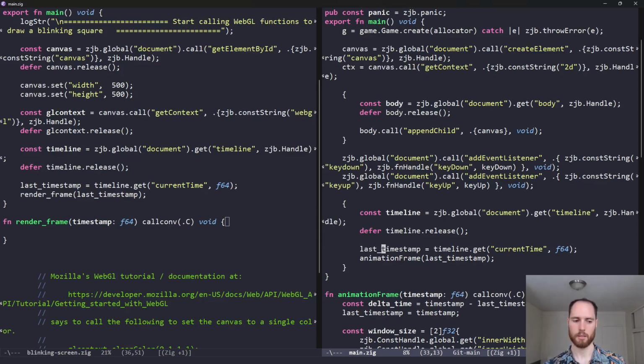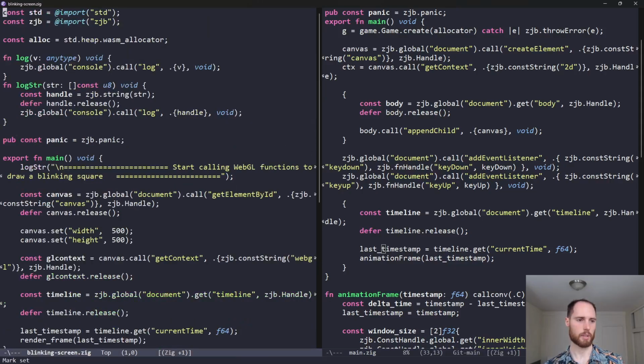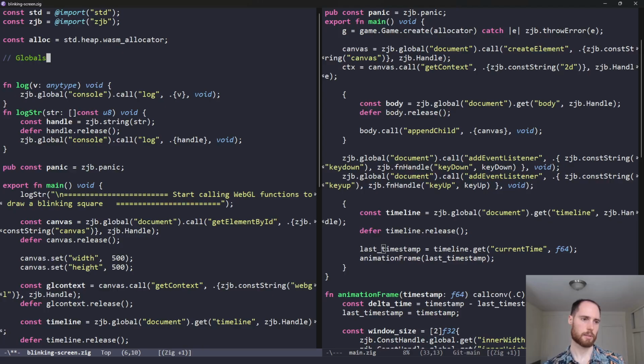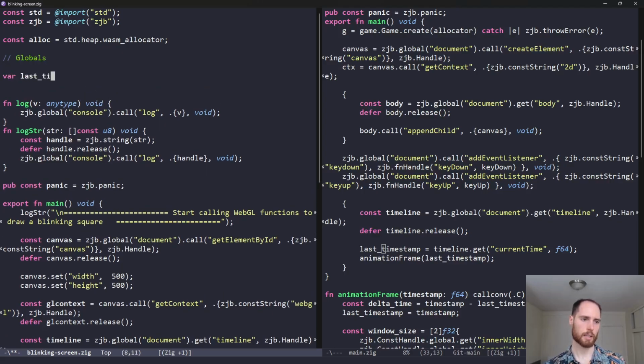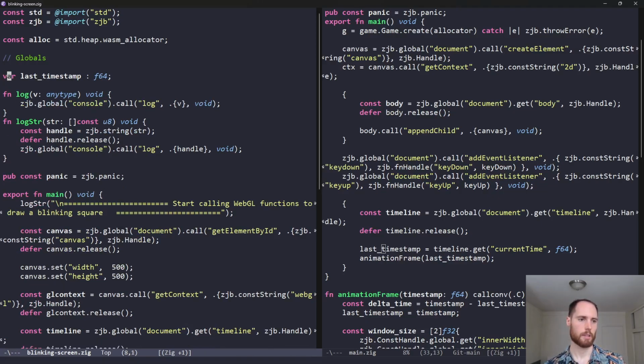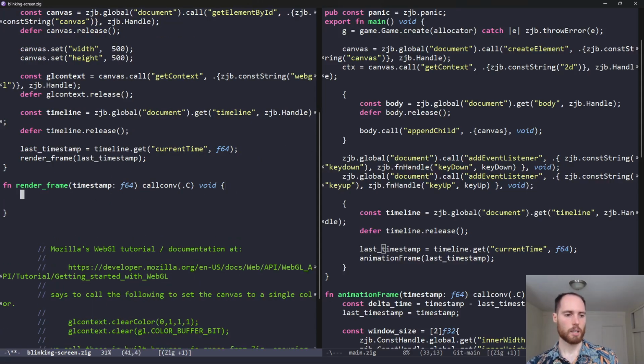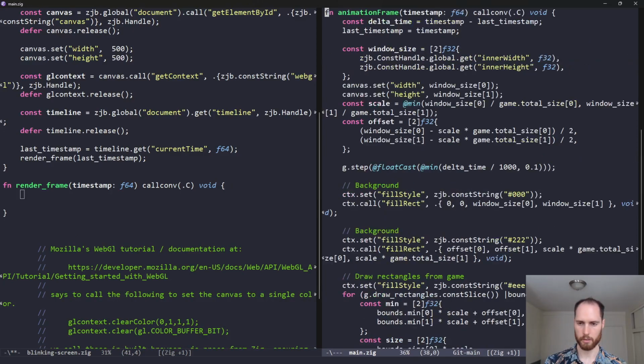And then we want to go here. Let's say globals, last timestamp is an F64. And then initially get that. I suppose JavaScript will then start paying attention to it. Okay, and then we want to render with it. So